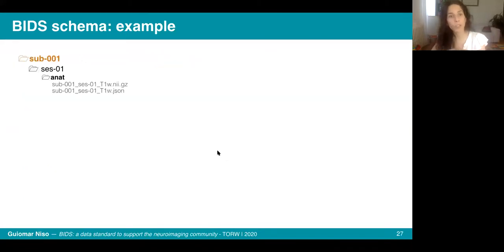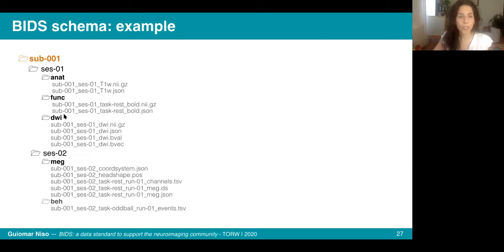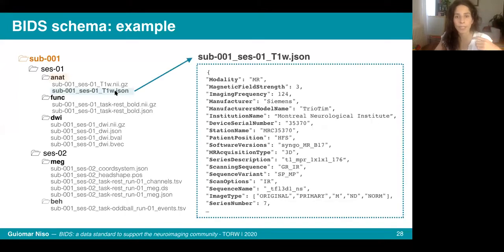If we go into more detail, you can, for example, inside one section of the subject, have anatomical data, like coming from a T1, from an MRI, or functional, or diffusion, or MEG, behavioral. Every data file should be accompanied by a sidecar JSON file gathering all the metadata. For example, for this anatomical data, you will have the modality, magnetic field strength, imaging frequency, and all these sequence